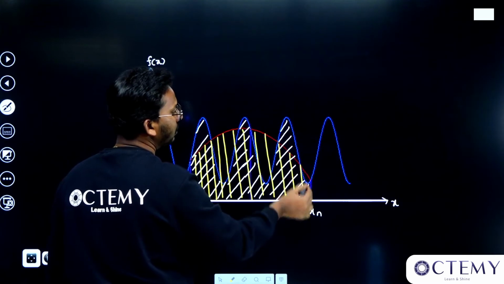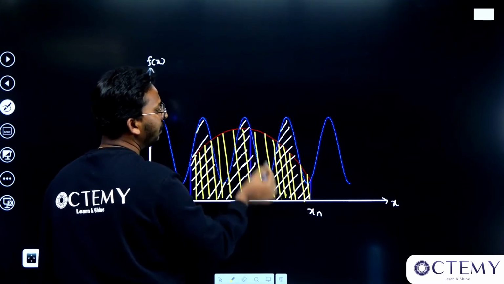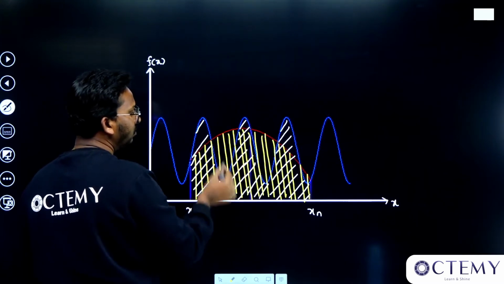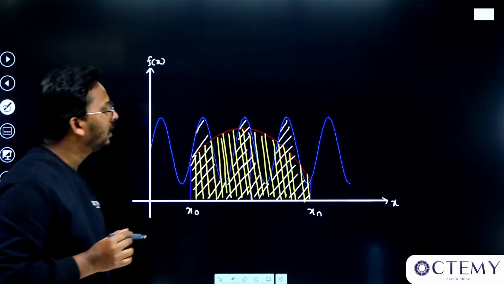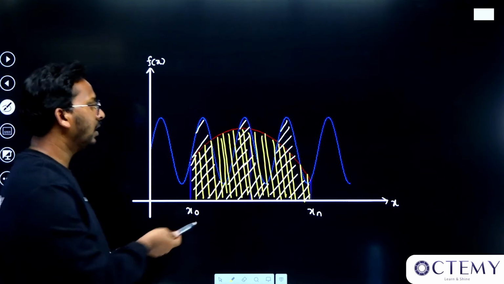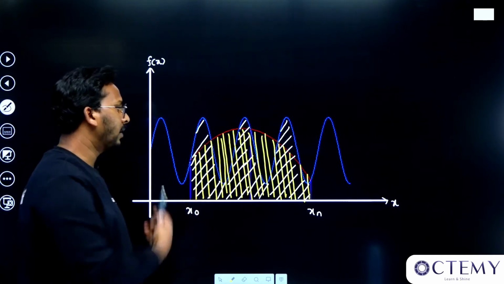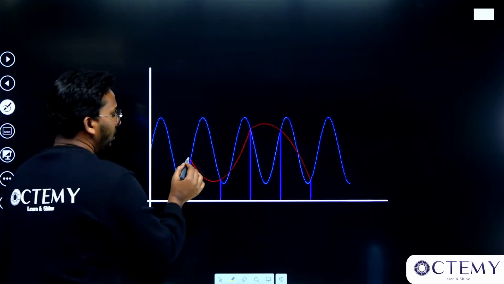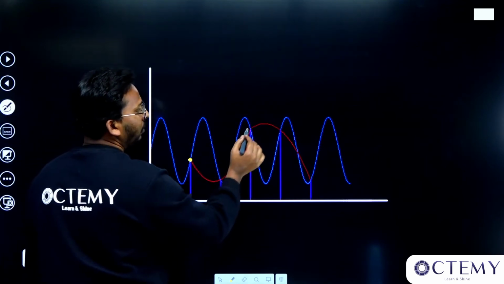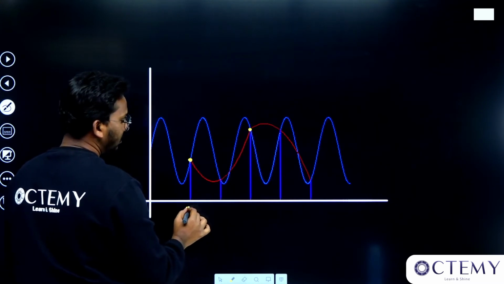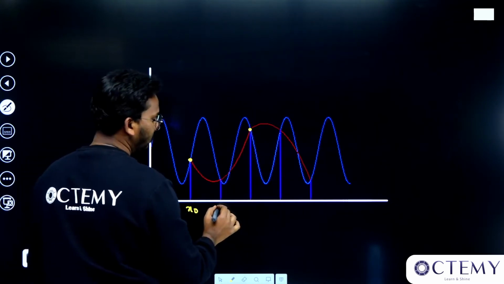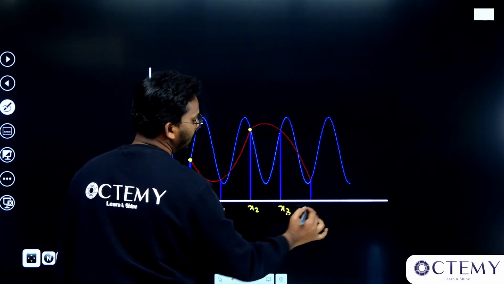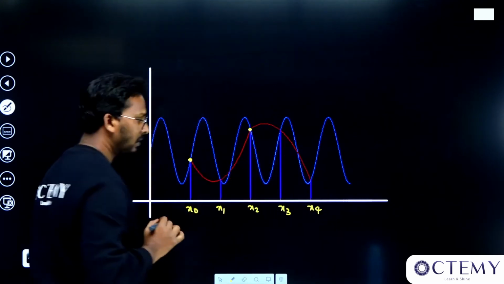There is a lot of error involved because the area which you want is shaded with white color, but the area which you are getting is with yellow color lines, right? So whenever you get it like this, it is not an exact value. There is a lot of error. So what do we do? We take one more point. So we divide this into 2 parts. Let this be x0, this will be x1, x2, x3, and x4. So there are 4 intervals, right?